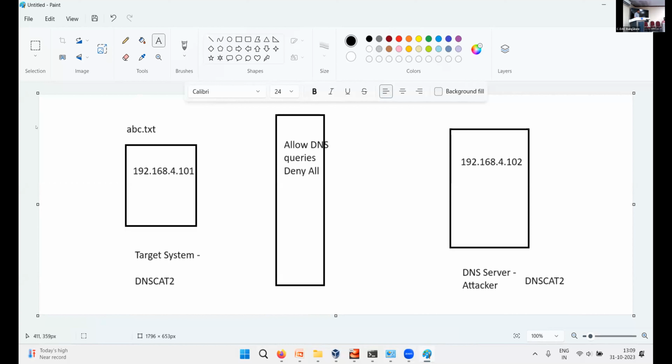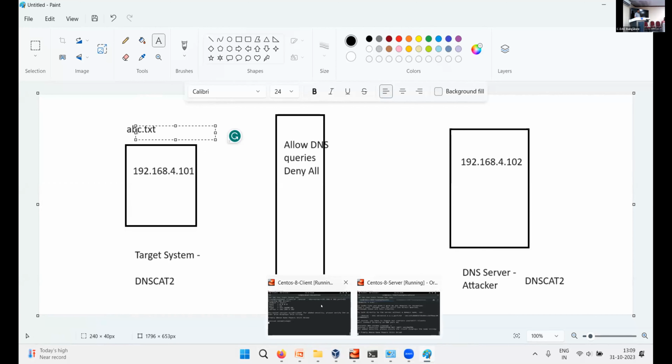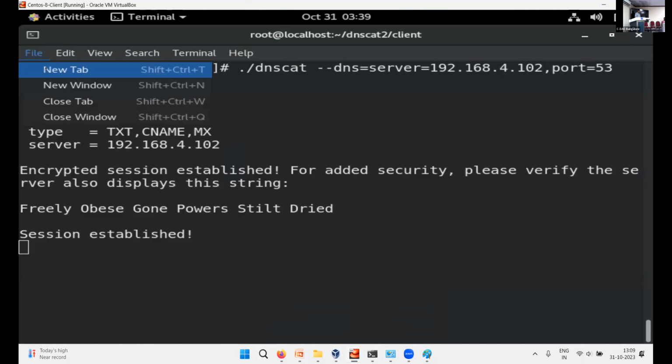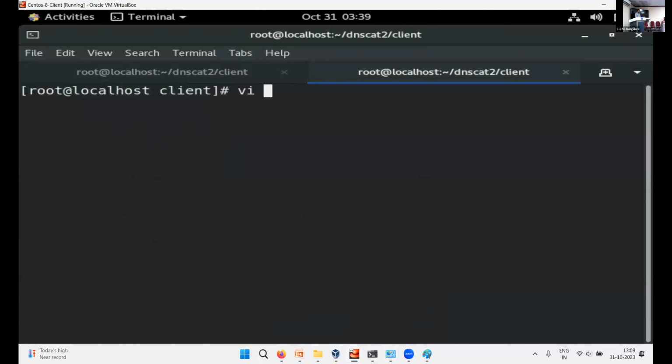Now what I will do? I will have one file, abc.txt, which I want to exfiltrate to this particular system. So let us create this file here on the client machine. One session is established, and then I will create one file, or any file name. What's your name, sir? Faiz.txt.